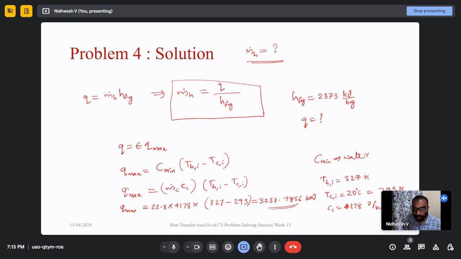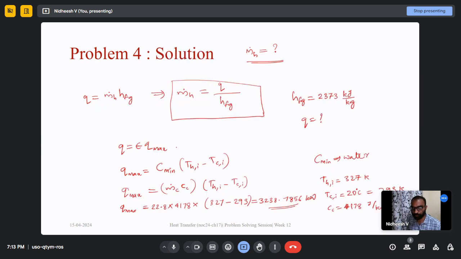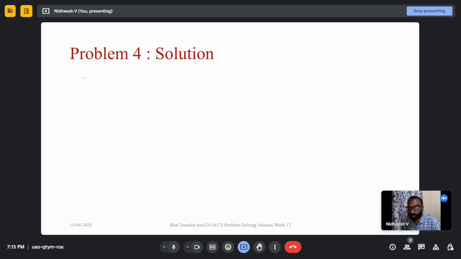Okay, now if we know the effectiveness, we can calculate the required Q. So the effectiveness is given by 1 minus exponential of minus NTU. Now what is this NTU? The expression for NTU, we know that it is